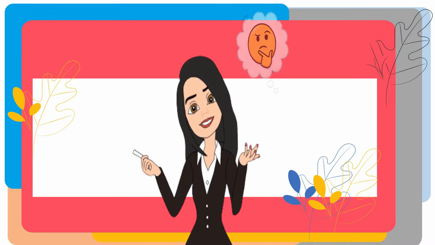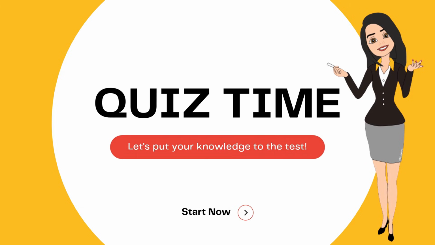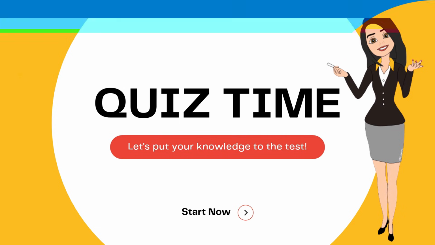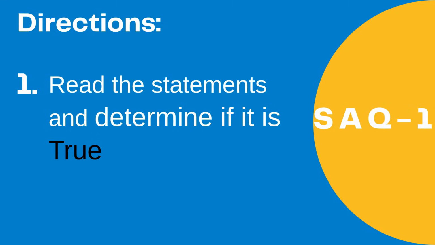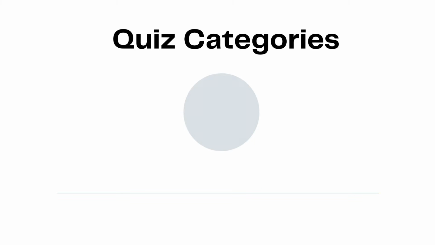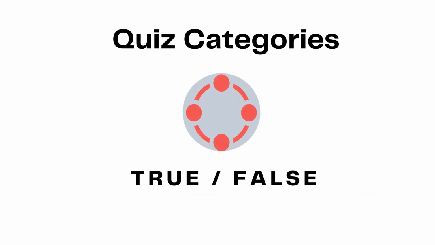and illustration. It's quiz time. Let's find out how much you have remembered about our lesson today. For our directions, read each of the statements and determine if it is true or false. The first quiz category is true or false. This is for our self-assessment question number